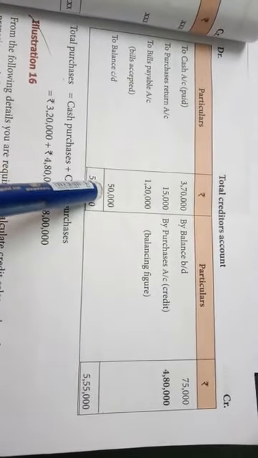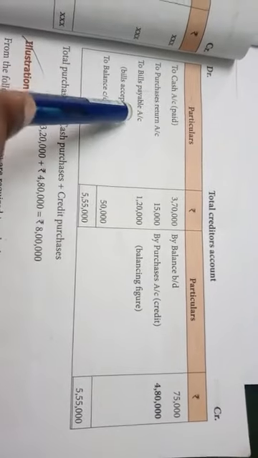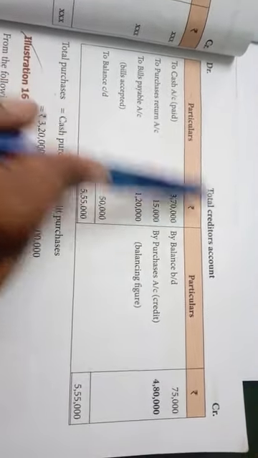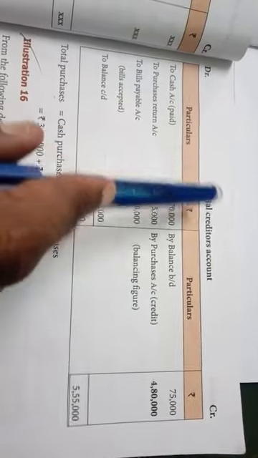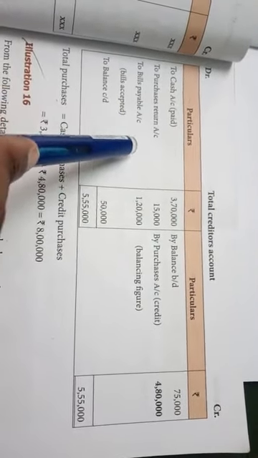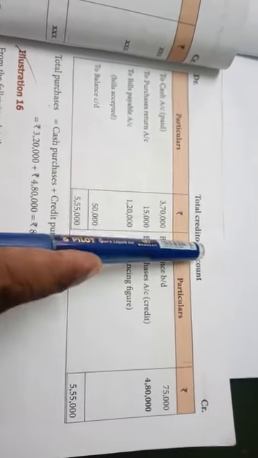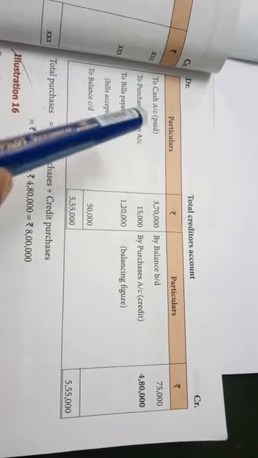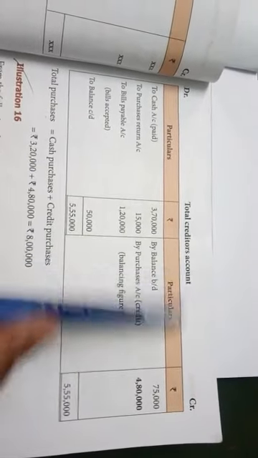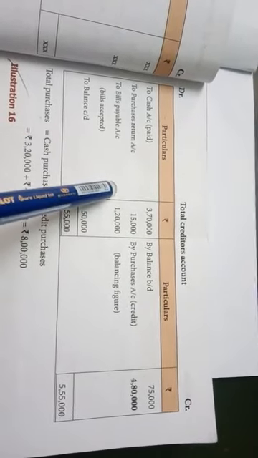Then closing balance of bills payable, 50,000. See, bill accepted by creditor. What is the journal entry? Creditor account debit to bills payable. At the time of bill acceptance, who received the bill? Creditor. Which one goes out from us? Bills payable. Now creditor account debit to bills payable. So creditor account debit side to bills payable.